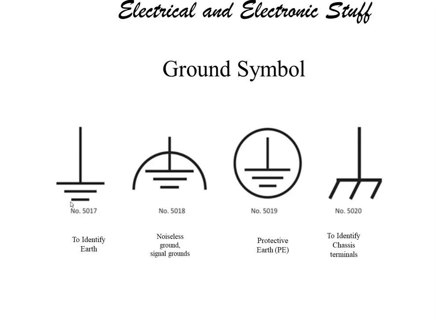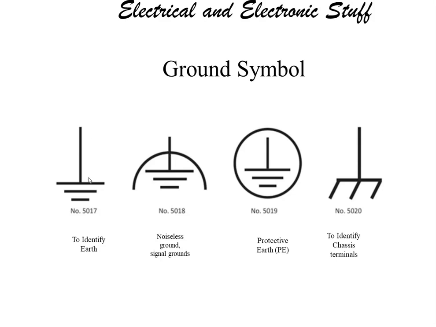Once we see this type of symbol, I have taken one example. We cannot cover all of this, it will take more time. So for now I have taken one symbol, the ground, and we will understand the IEC standard and how these are applied. Later I will show you the different standards we have in industry at the international and national level. First of all, the first symbol is the ground. We have seen such a symbol in the schematic. We have this symbol to identify earth.